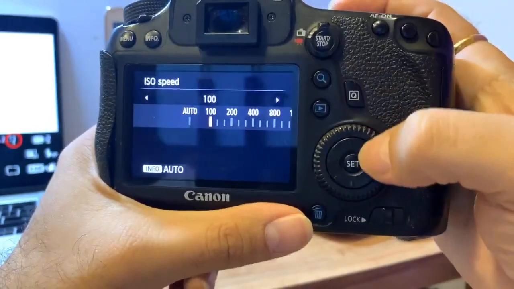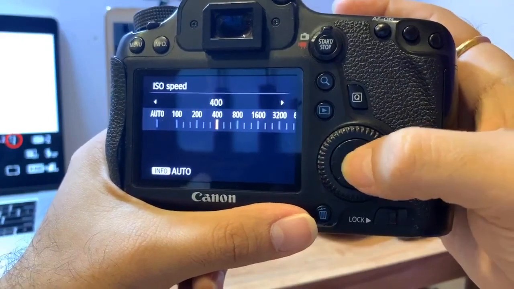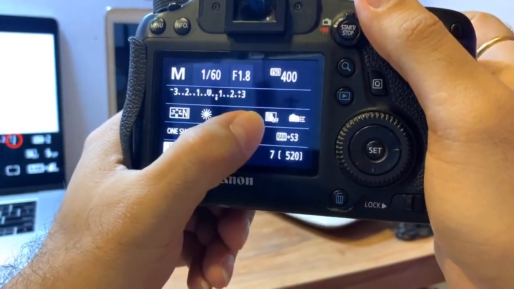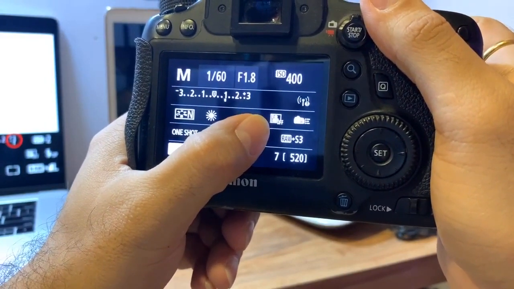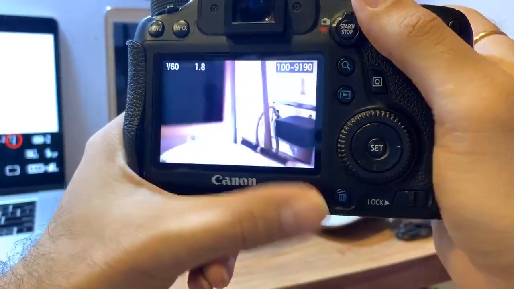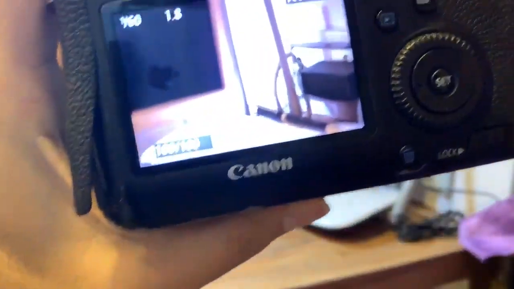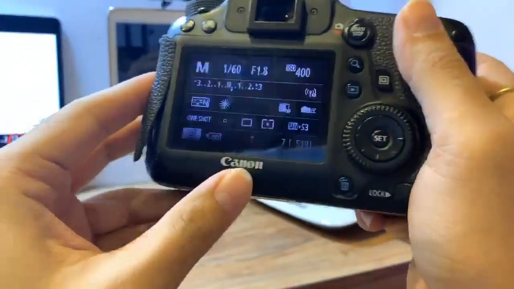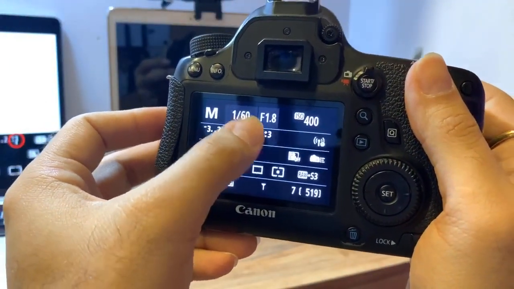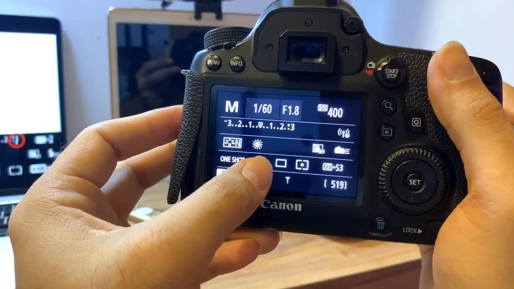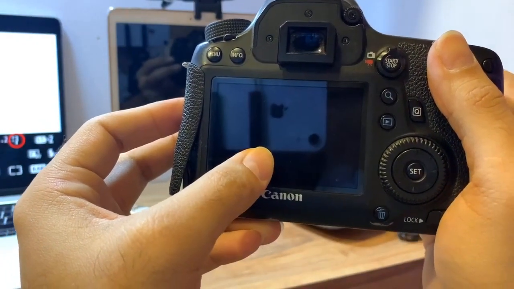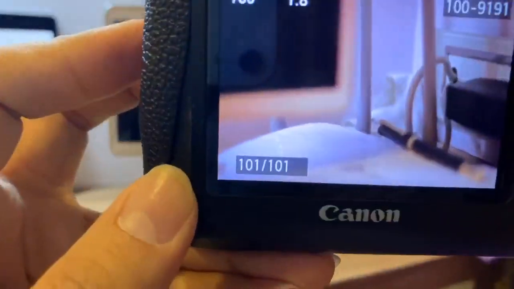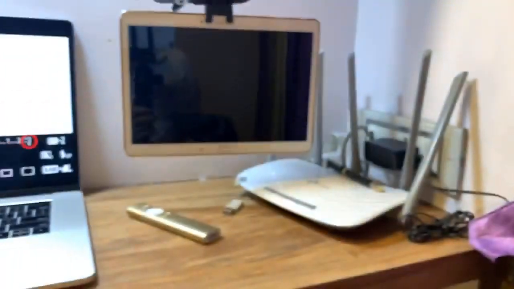So what I'm going to do is I'm going to increase my ISO to say 400 and see where my cursor is going. So now my cursor has come on the plus side. Can you see? And I got a beep, that means I'm in focus. And if I take an image, it's going to be well exposed. Alright, so I knew it is going to be well exposed. So my cursor was around this area. See, it's close to the center. That means it's going to be almost like a good image. See, it is almost a perfect image.